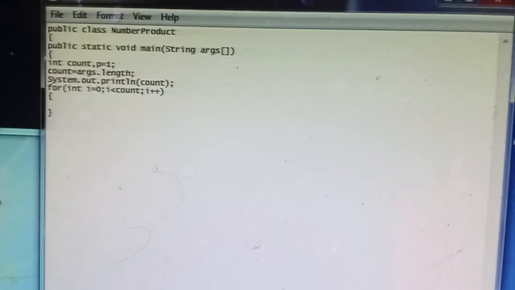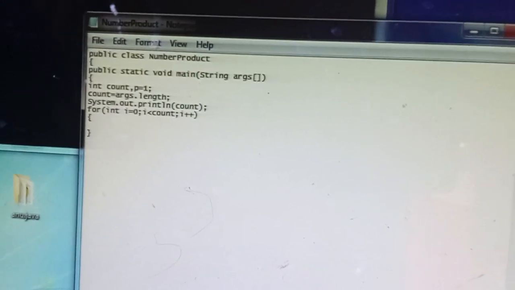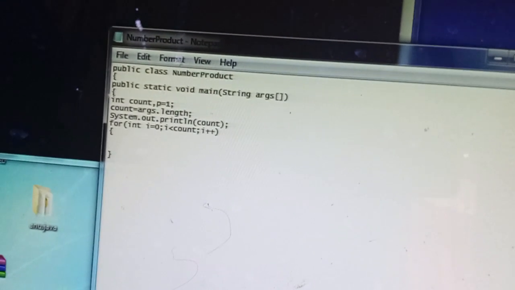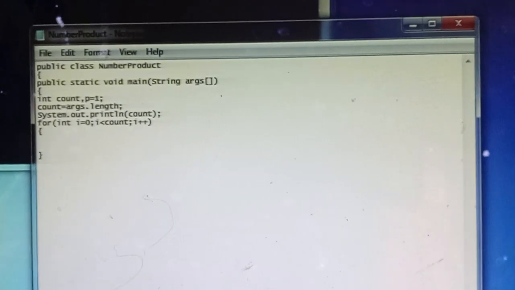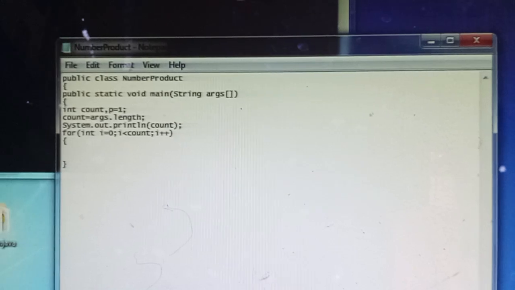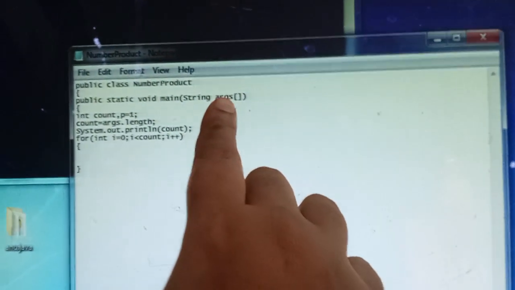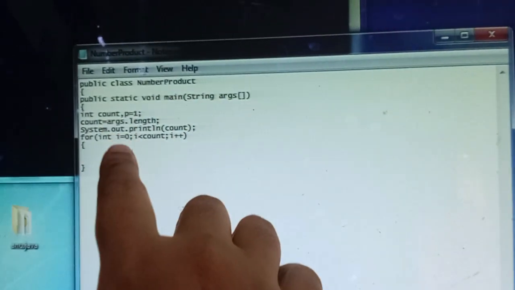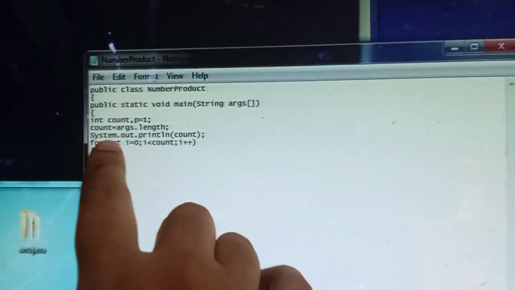Okay. Next, in the for loop, here I am first printing each value it is taking, the arguments that we specified.